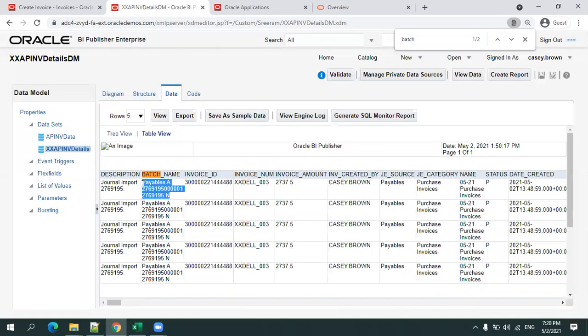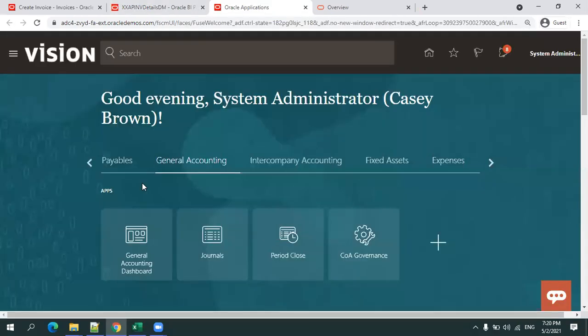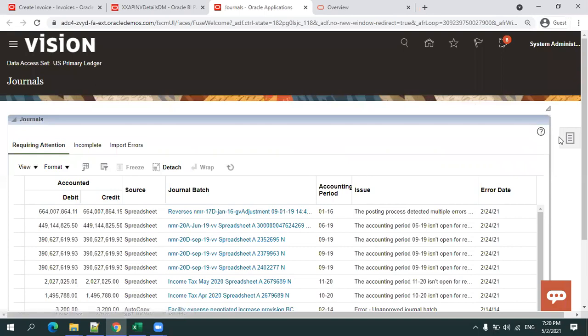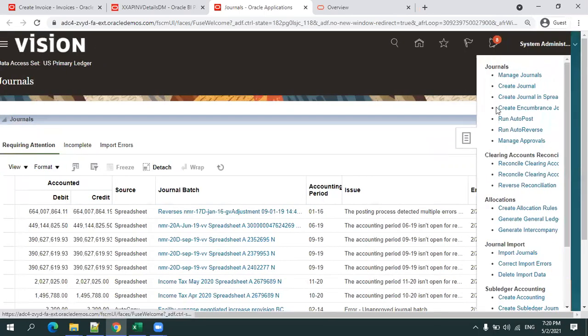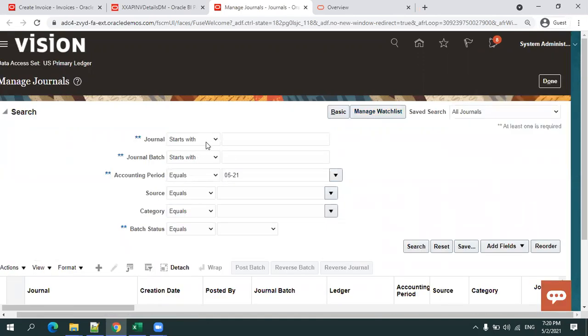To find out the batch details and line details in the journal entry, click on general accounting, click on journals. And here in the task list, click on manage journals. Now here, for the journal batch, I prefer contains, and mention the batch information, or you can go with starts with, which should also be fine.